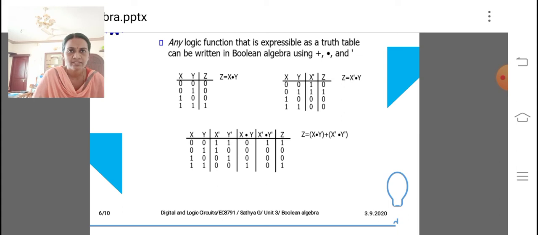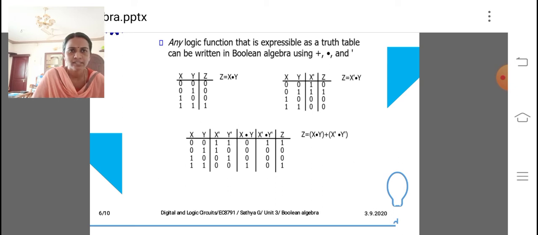In the first case, simply we are multiplying, that is z is equal to x dot y, that is we are multiplying x input with y input, and we get the answer. It is already discussed. In the second case, z is equal to x dash dot y. In the tabular column, we have already given the x, y inputs, so we have taken x dash, that is we are complementing the x value, then we multiply x dash with y, and we get the answer in the second case.